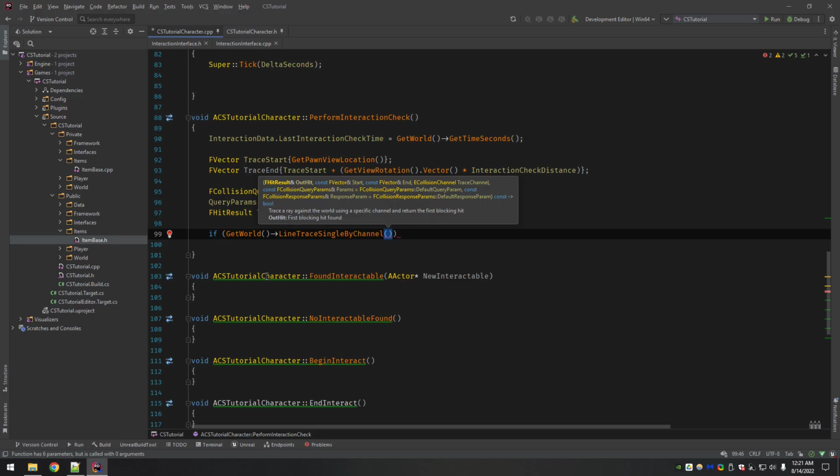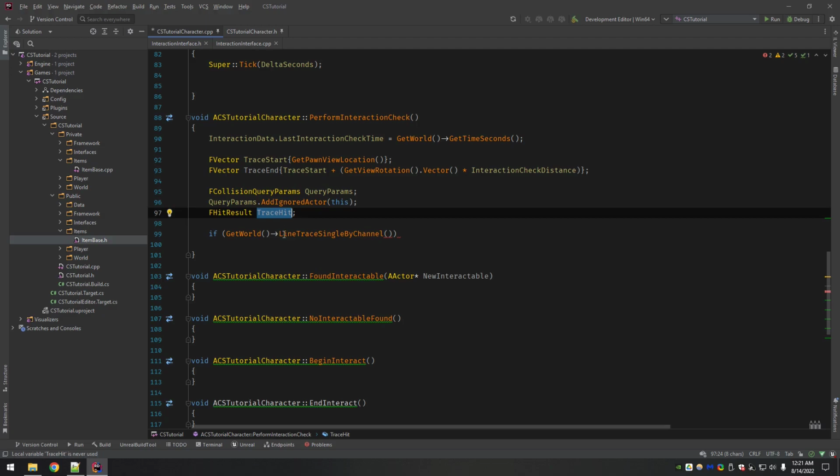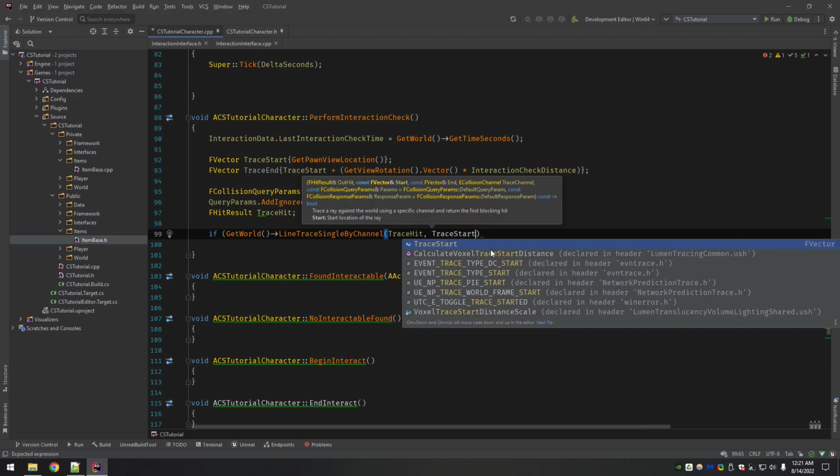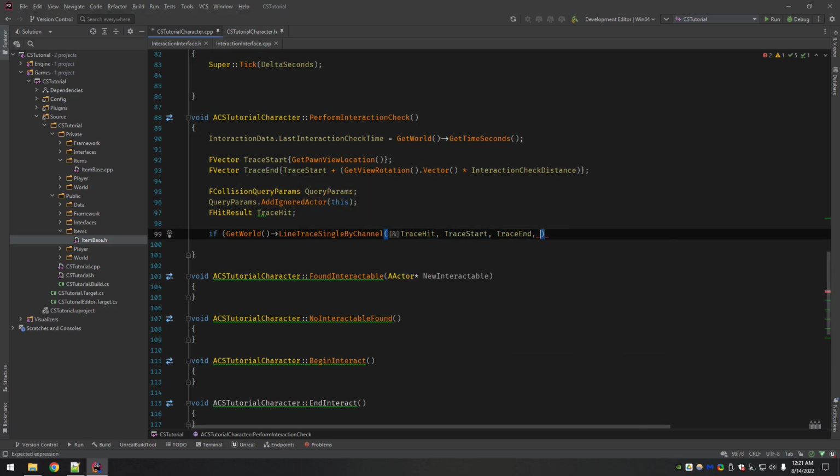So right after this, if it hits something, it will be stored in trace hit. So line trace single by channel. Trace hit, we're passing in first. Now we need the start and the end vector. We already have that. Trace start, trace end.